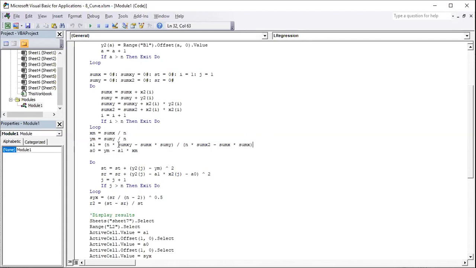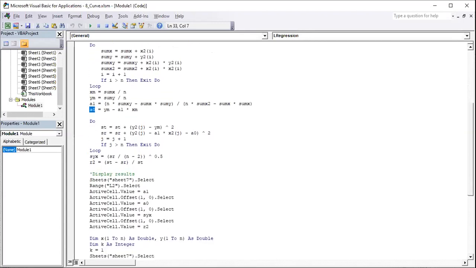So you need the sum, the N, that's the number of terms, then the sum of X multiplied by Y, the sum of the X's, the sum of the Y's, then the sum of X squared, then sum of X multiplied by sum of X. So this is the equation to calculate the slope, and this is the equation to calculate the intercept. So when you've calculated for A1 and A0,